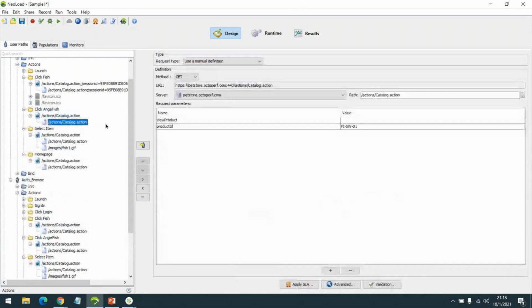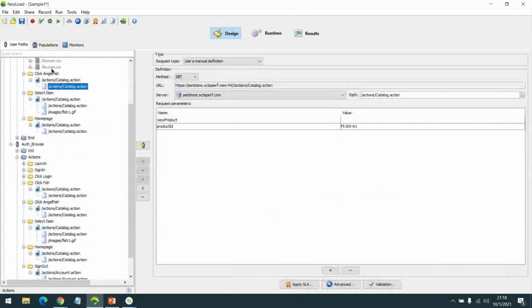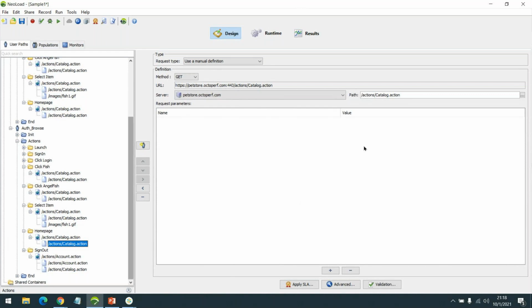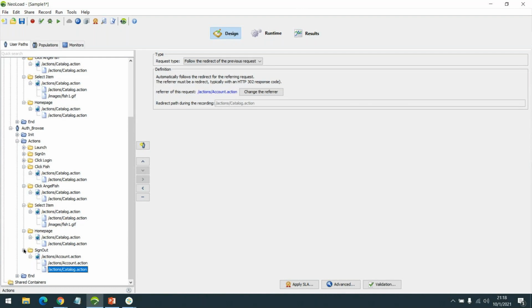If we quickly see, it is almost the same. Angelfish, there is nothing here. Again with selecting the item, we can see item ID is est1. Again with this, there is an est1. Finally, coming back to the home page, there is a catalog dot action, which is the main request, and then there is a sign out transaction.